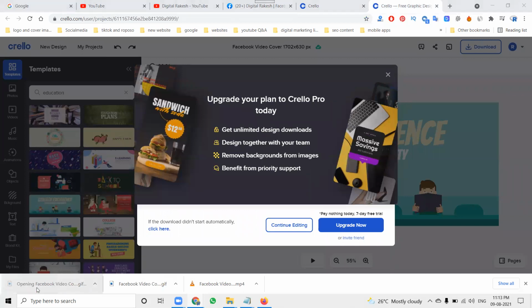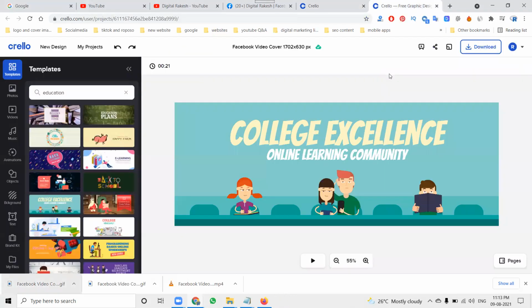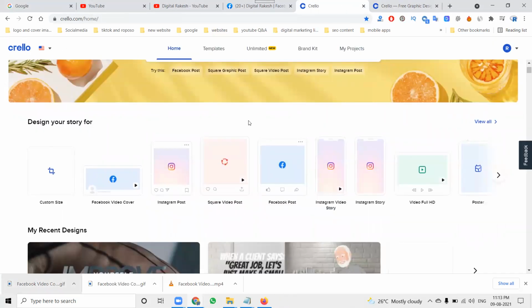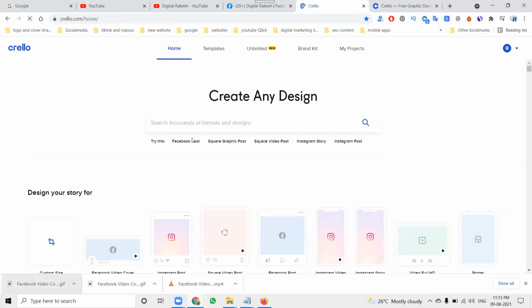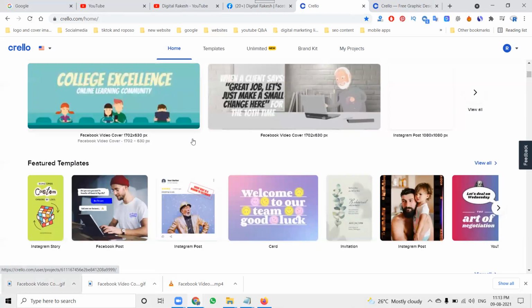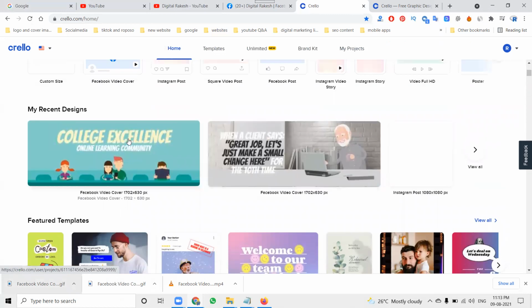So here I'm designing, and here it is moving. Simply, I'm saying this changes the feature. What images did you design? Just refresh. So these are the images you designed previously.